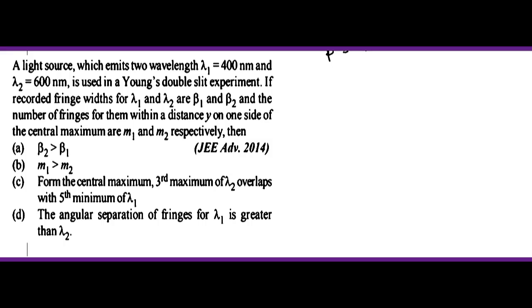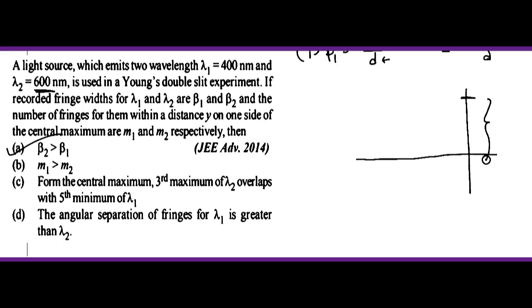देखो फ्रिंज विड्थ जो होती है वो कितनी होती है, लैम्डा D अपॉन स्मॉल d। लैम्डा वेवलेंथ है, D स्क्रीन और स्लिट्स के बीच की दूरी है, और स्मॉल d है दोनों स्लिट्स के बीच की दूरी। तो बीटा 1 हो जाएगा लैम्डा 1 D बाई d, और बीटा 2 हो जाएगा लैम्डा 2 D बाई d, यानी जिसका लैम्डा बड़ा होगा उसका बीटा भी बड़ा होगा। यानी जिस वेव की वेवलेंथ ज़्यादा होगी उसकी फ्रिंज विड्थ भी ज़्यादा होगी। तो वेवलेंथ किसकी ज़्यादा है, लैम्डा 2 की, इसका मतलब बीटा 2 बड़ा हो गया, तो ये ऑप्शन करेक्ट है। अब सेंट्रल मैक्सिमा से किसी एक पर्टिकुलर डिस्टेंस y तक में कितनी नंबर ऑफ